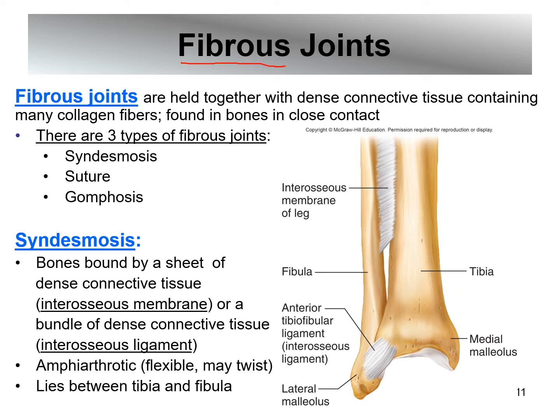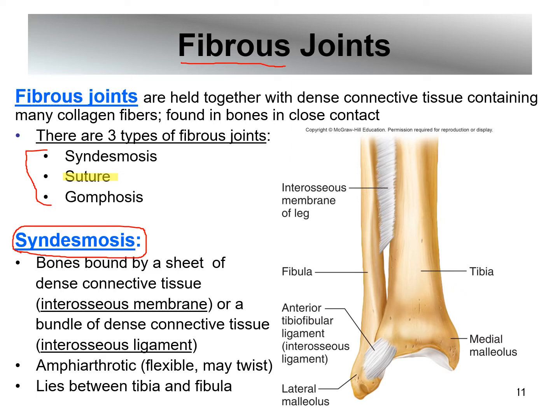The first one is a fibrous joint. We have three fibrous joints. Now, of these three, the most important one I want you to know is the suture. I do want you to know a little bit about the other ones, but the suture is the one that is key. So a syndesmosis joint is basically a joint that is,